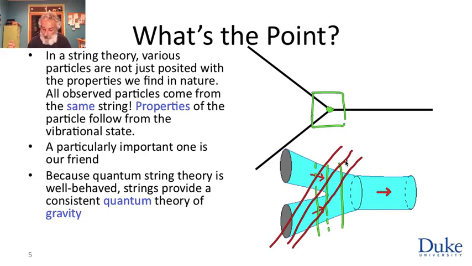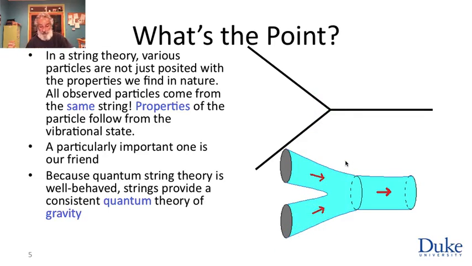This is a graphical manifestation of the fact that indeed when you do the same kind of calculations with strings that lead to the meaningless divergent results in an attempt to quantize gravity as a particle theory, you don't get the same kind of divergences. So if string theory is a theory of gravity, then it has a good chance to be a consistent quantum theory of gravity. It does not run into the same problems that other attempts to quantize gravity have run into so far.